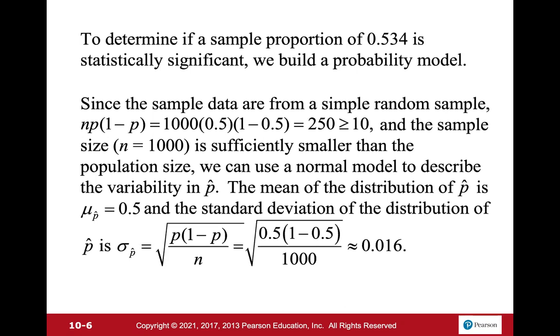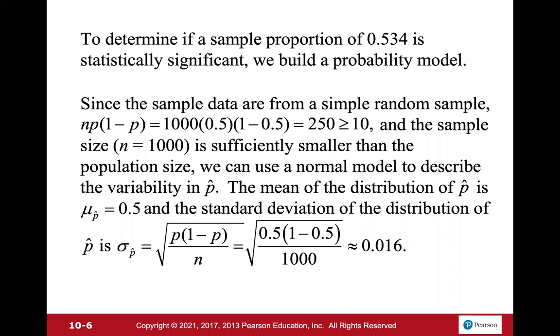Since the sample data are from a simple random sample, we have to test to see if the product of n times p times 1 minus p is greater than 10, and then we're able to use that normal distribution. In this case, the sample size is 1,000, so that's more than enough information to conclude that we have some sort of normal distribution here. And that's sufficiently smaller than the population size,